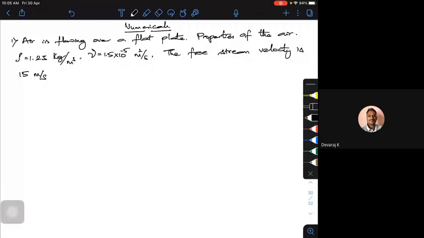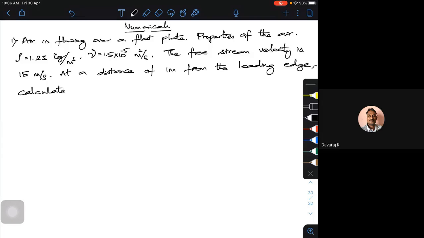Now, it's a flat plate, so at a distance of maybe 1 meter from the leading edge, calculate the boundary layer thickness